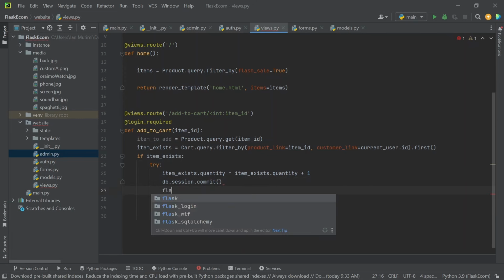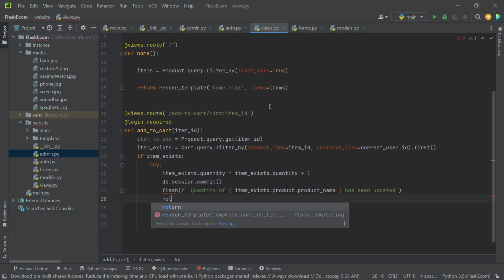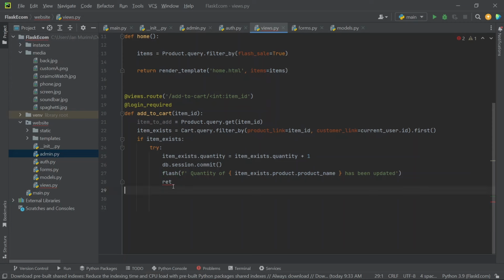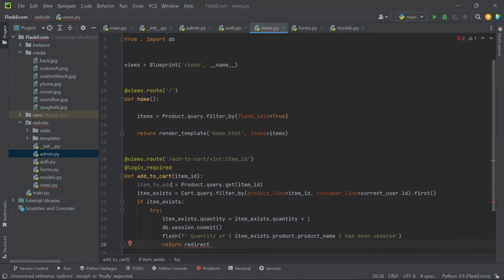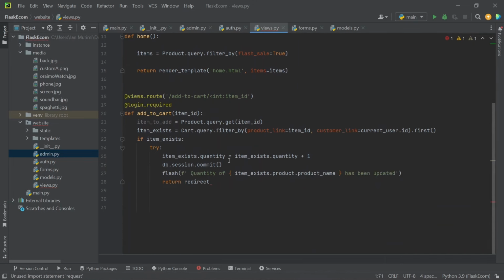And then you can flash that the quantity of this item has been updated. And then you're going to return. So you need to import flash before you return. So flash, you return redirect. So you also need to import redirect, and you also need to import request. So return redirect request